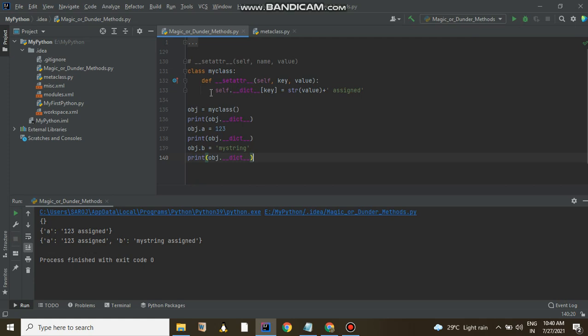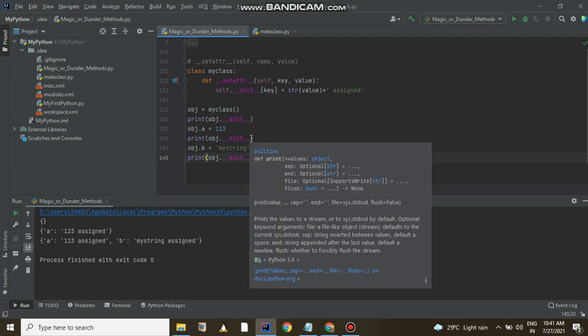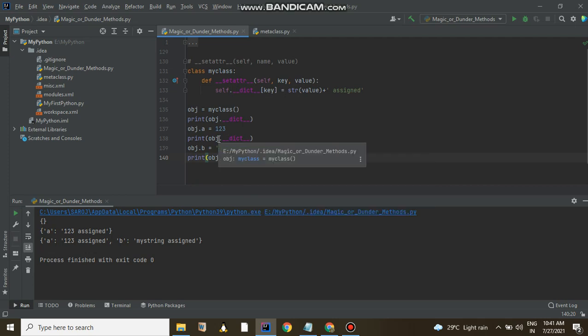By default it would go this way by simply assigning the value, but here we reconstructed this by adding some customized things, like adding 'assigned' and forcefully typecasting to string. These things we are doing manually, and we are getting the respective result. So setattr helps you to set the attribute of a class by assigning a value to it.